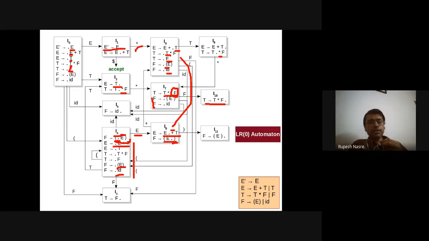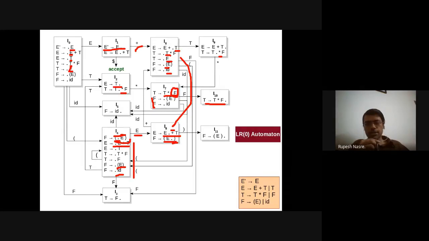LR0, because just by looking at the grammar, I am going to decide what the different transitions on different terminals and non-terminals are. And this LR0 automaton is going to get used for building the parsing table. In the parsing table, similar to what we had in LL1, we are going to make use of a look ahead, and therefore that LR0 automaton, which is built only from the grammar, is going to be augmented with that look ahead of 1, and we'll get LR1 or SLR1 and LALR1 etc. grammars.